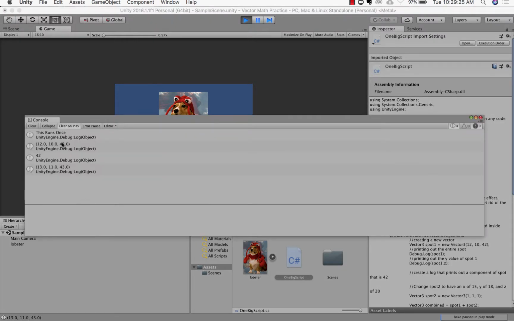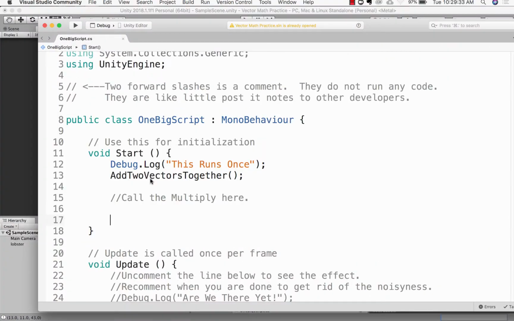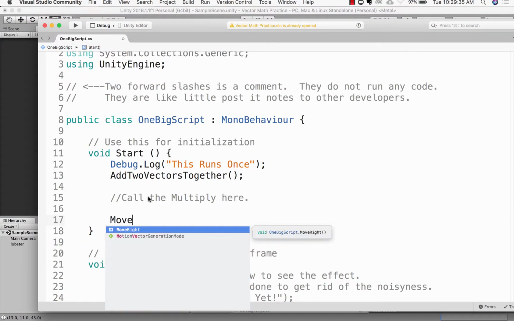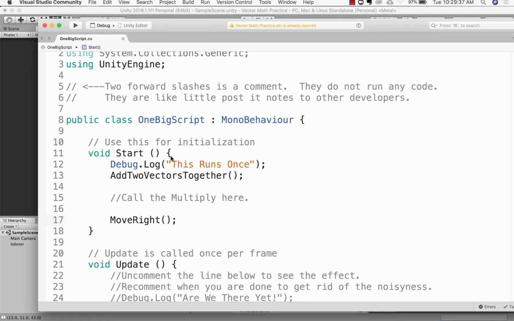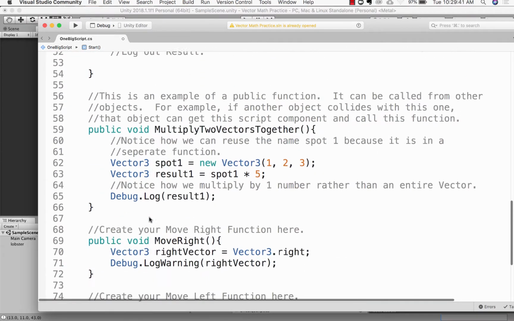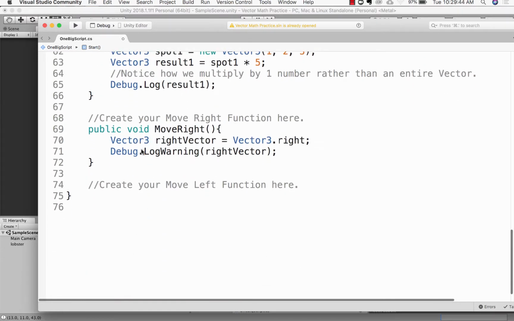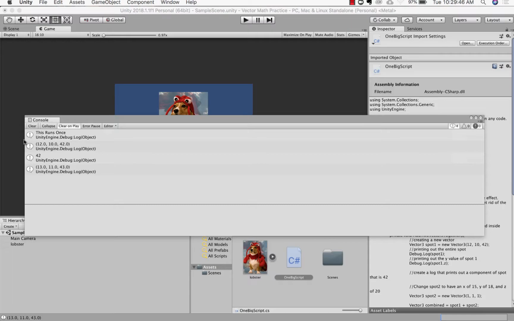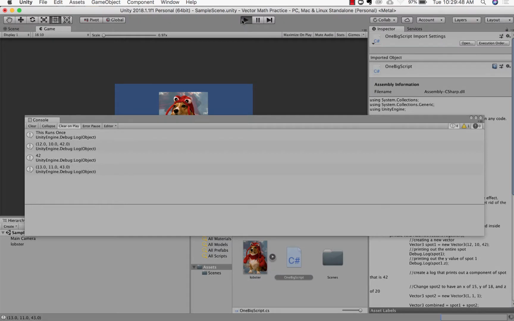If I look at my console log, nothing happened. And if I look at my warnings, there's no warnings. If I call the actual function, so if I do a move right, that means at the start, it's going to call that move right. It's going to jump down and run all the code in here. So if I save that and run it again,